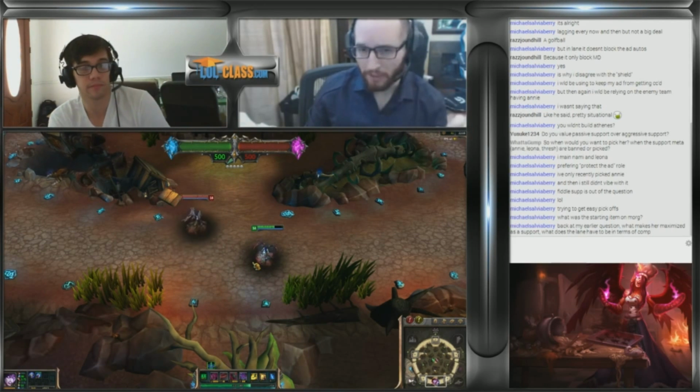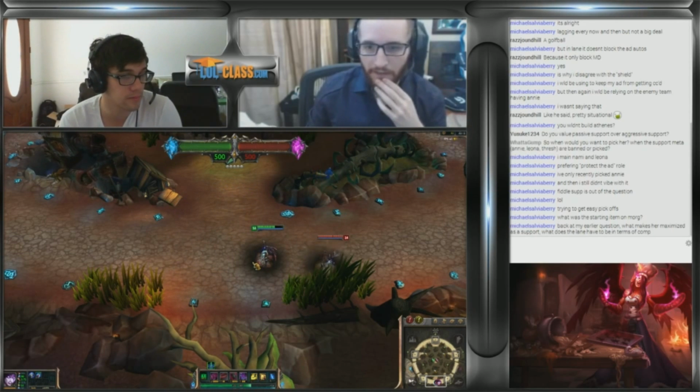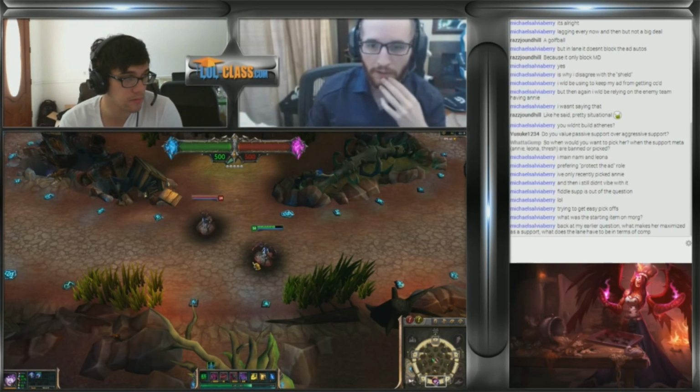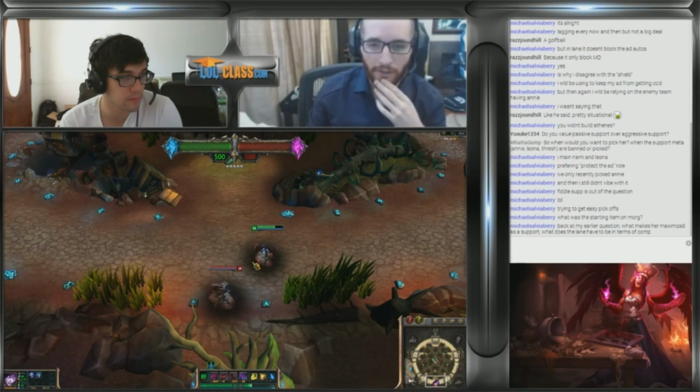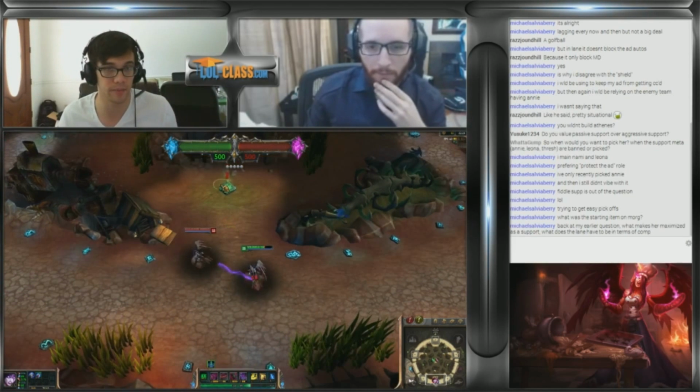Leona is only aggressive, she cannot really play passive, so that's kind of a weakness she has. Annie's kind of a mix of both. Since she has such high range, she can either harass or actually go all in, which is why she is also quite strong at the moment. That kind of leads me into the